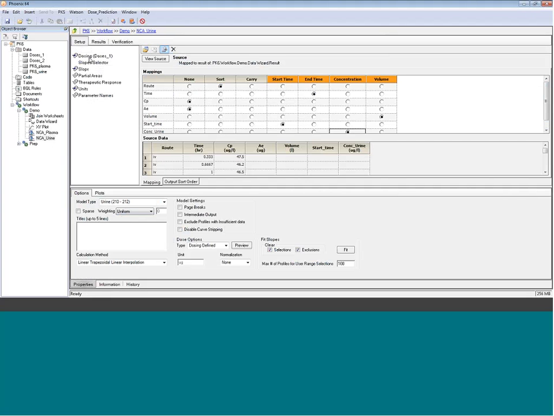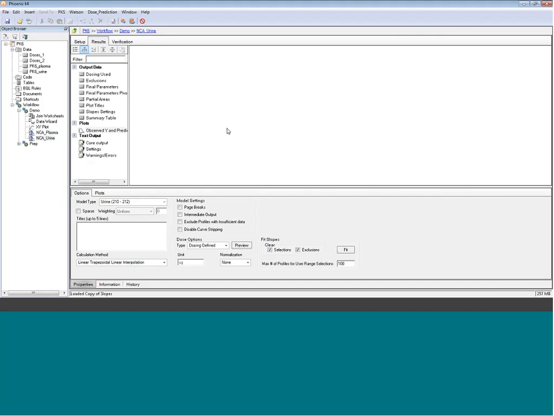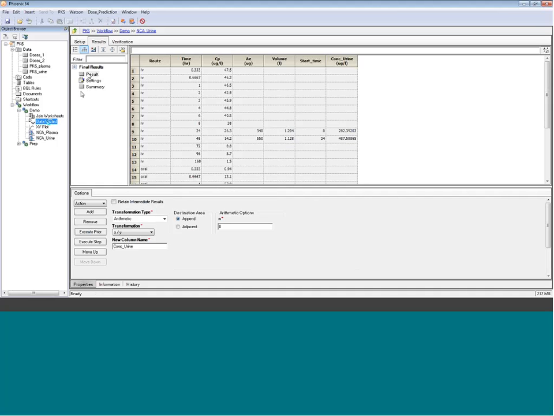Right. So, and the dosing was the same, so we can execute that. And here we have the percent recovered, which is 7%. So maybe take 0.1 for fraction excreted. So this is now everything we need for the initial estimates. So we can now start to model the data. So we go back to the data wizard result where we got all the observations